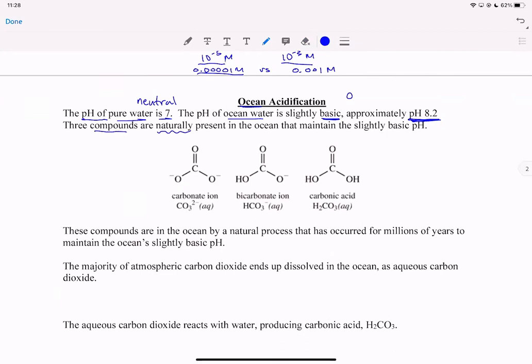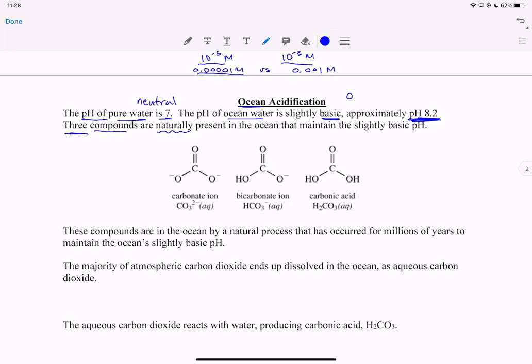Nobody put them there. It's not pollution. They have naturally evolved so that the ocean, being slightly basic, can basically take up excess hydrogen ions. Okay, that's a system to basically absorb excess hydrogen ions, is that these 3 compounds are already present in